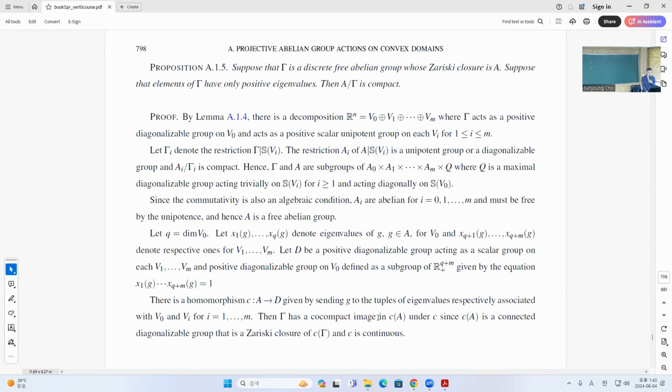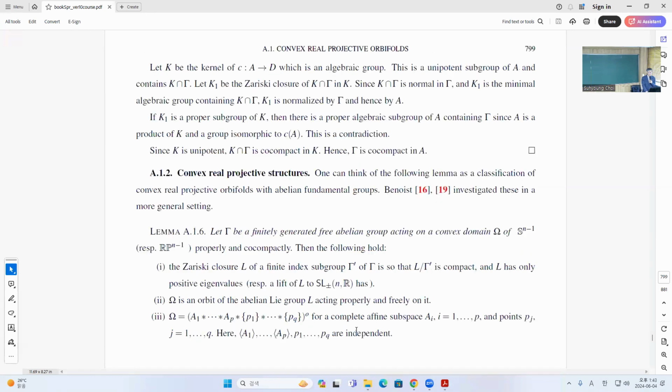Okay, so you can think of C as a diagonalizable group. So these are all going to be nice, and then the group will be co-compact on this Zariski closure. Okay, and